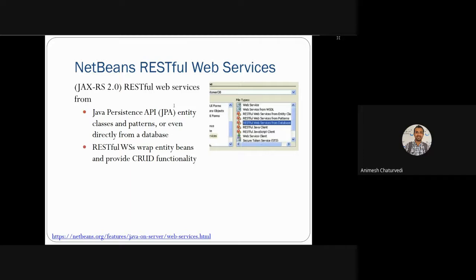The second part is the RESTful web service wrapping the entity beans that can perform CRUD operations. CRUD means create, read, update, and delete. So this type of operation could be done with the RESTful web service and Java Persistence API for the database, and various types of entities could be there.